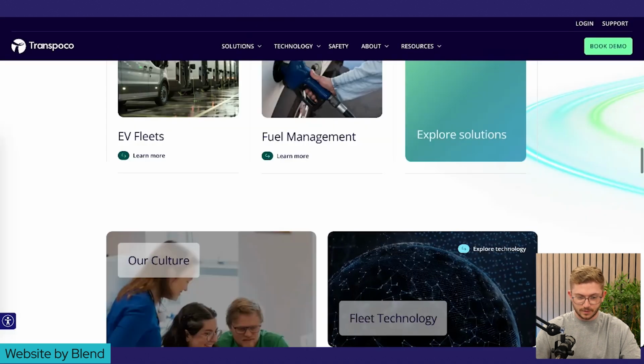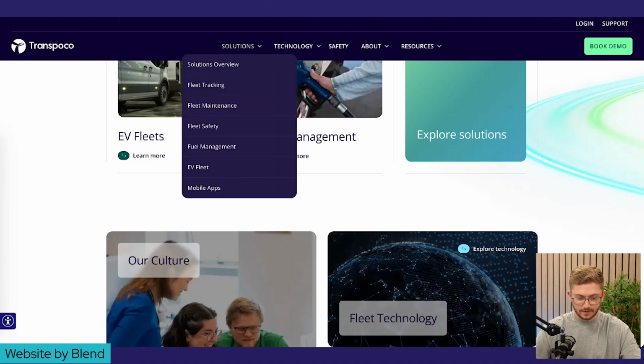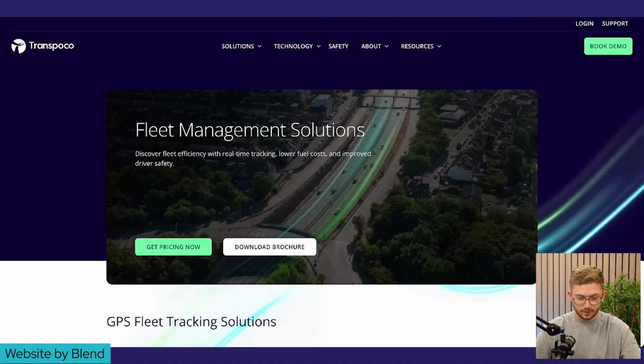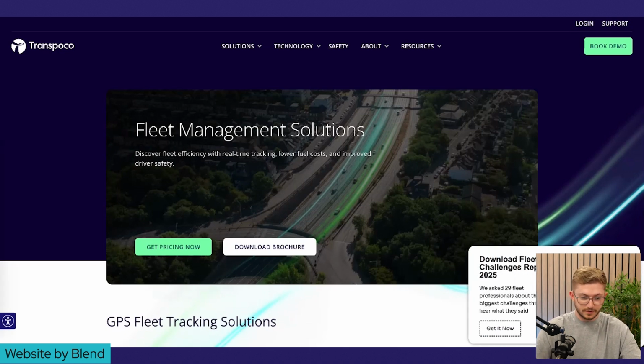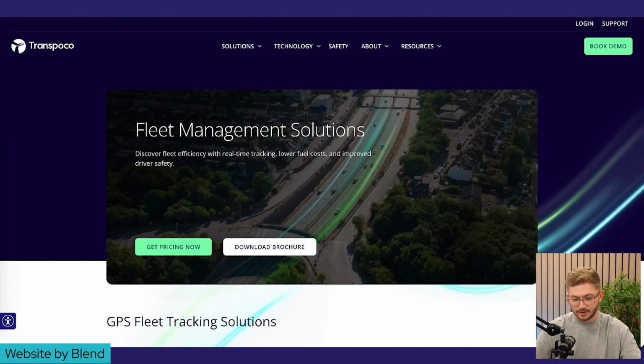Even actually, when we go into one of these solutions pages and have a look at the overview, the way that this hero section is presented is actually even unique in itself. Typically, this would be positioned here in the background as opposed to actually elevated slightly in the front of the page. So again, just a unique way to present this content whilst at all times remaining consistent with user experience